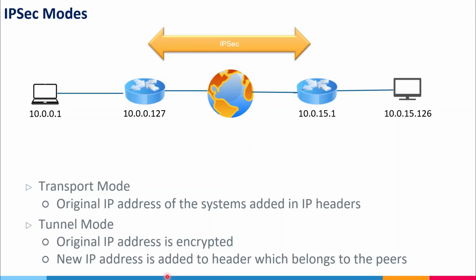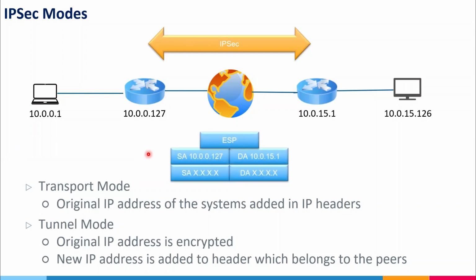But in case of tunnel mode, the original IP gets encrypted. So what happens in case of tunnel mode? This is the source IP and this is the destination address. So it gets encrypted, and the source address gets changed to the peer. So this is peer 1 and this is peer 2. So it eventually changed to the router, which is also called a peer, and the router's source address and the destination router's address are used, and the actual one is encrypted when it goes over the internet, or when it goes over the tunnel, right? In that case it's encrypted and it is the Encapsulating Security Payload,